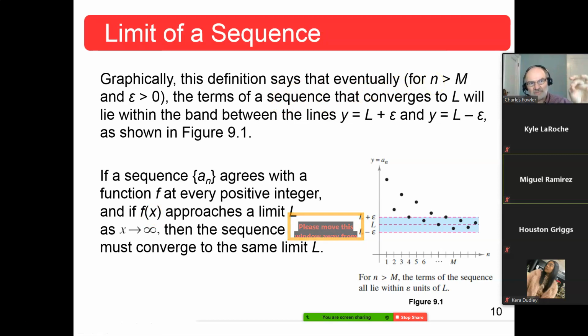n equal 1, 2, 3, 4, 5. But if you had put the n in here as x rather than n, and the continuous x is approaching the limit L, and at every whole number value n, that also is approaching that same value, then the limit still exists for that.